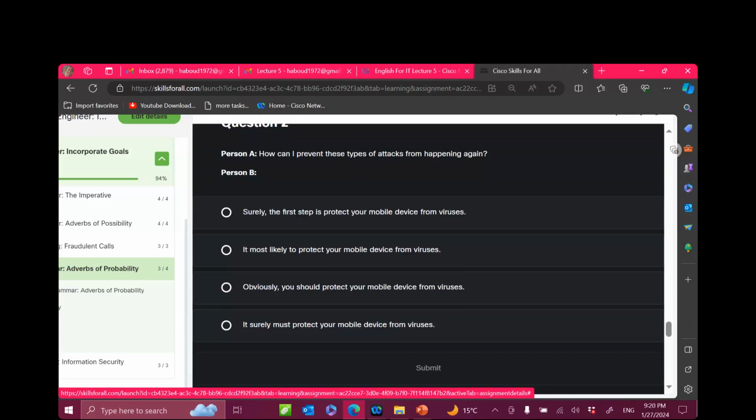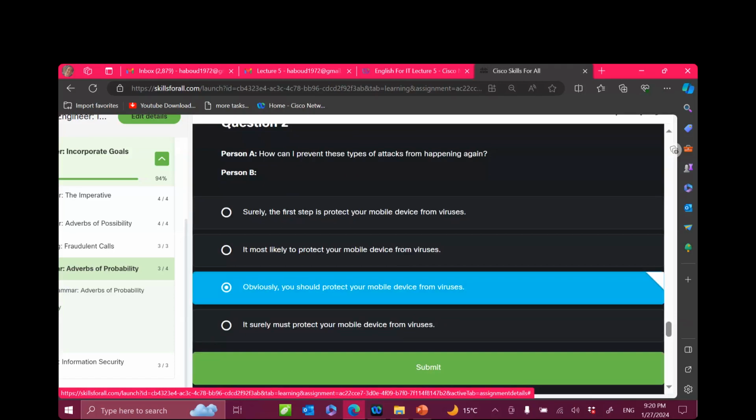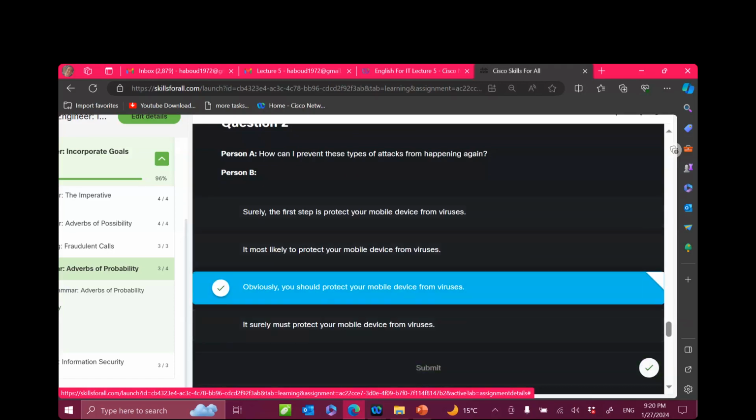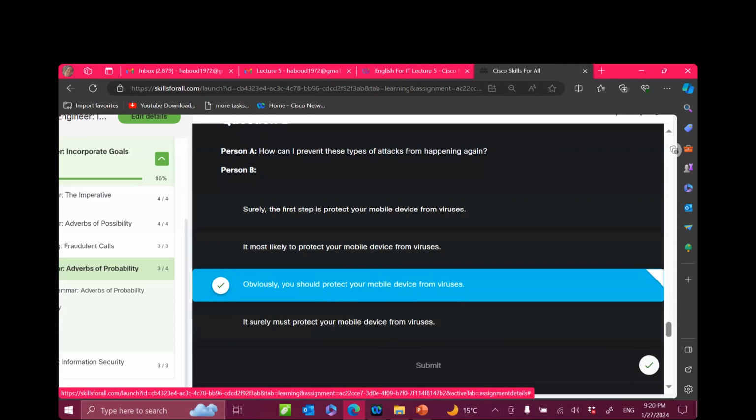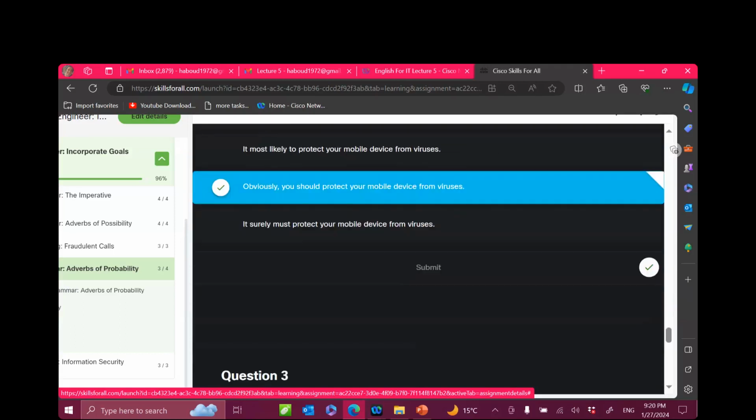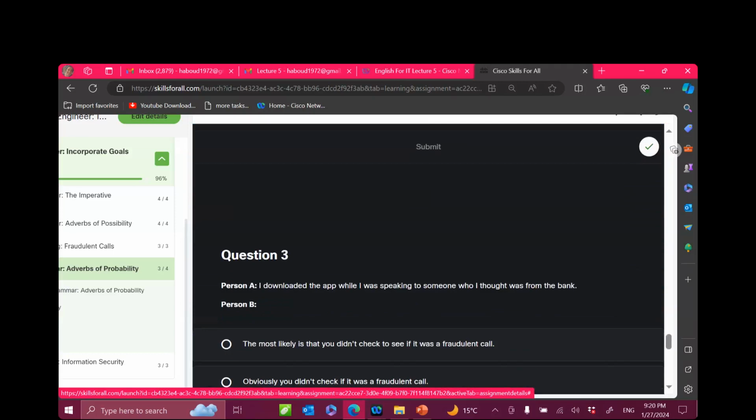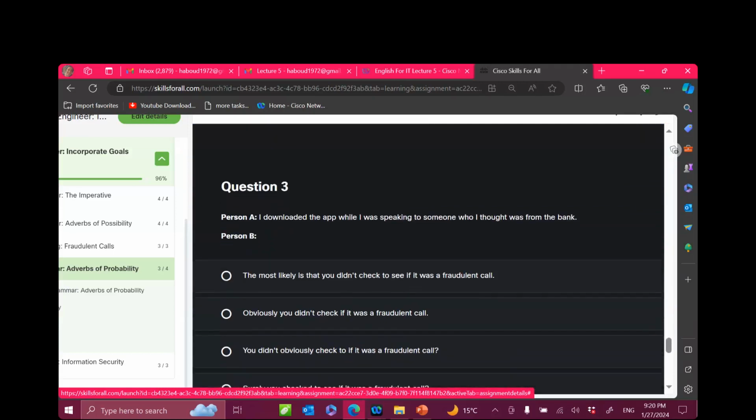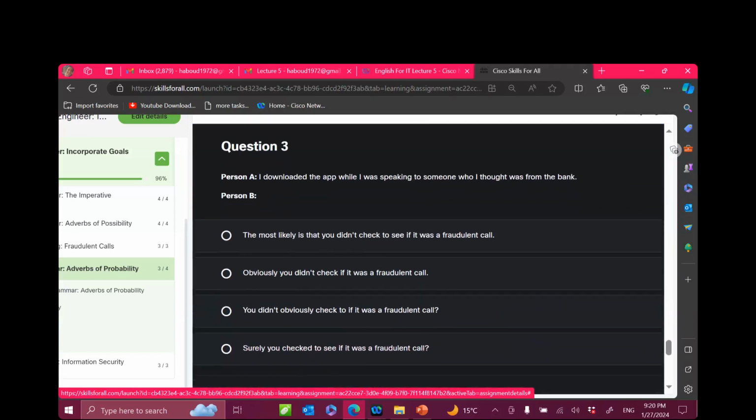Let's try this one. Perfect, very good. So obviously you should protect your mobile device from viruses. Question 3, person A. I downloaded the app while I was speaking to someone who I thought was from the bank. Person B هيقول له إيه؟